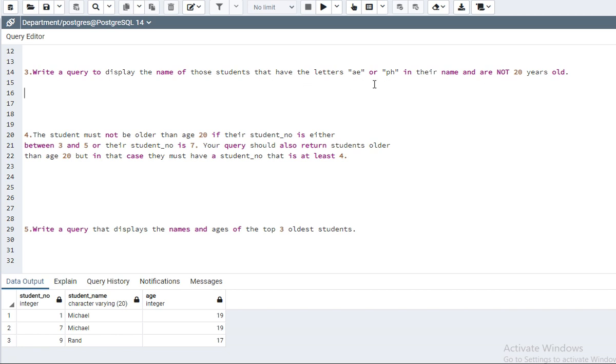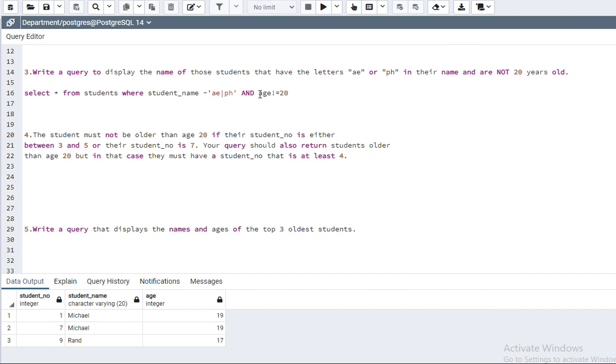For this I will write select star from students where student name, and here I will use the regex symbol, and it should contain AE or PH, and their age should not be equal to 20.